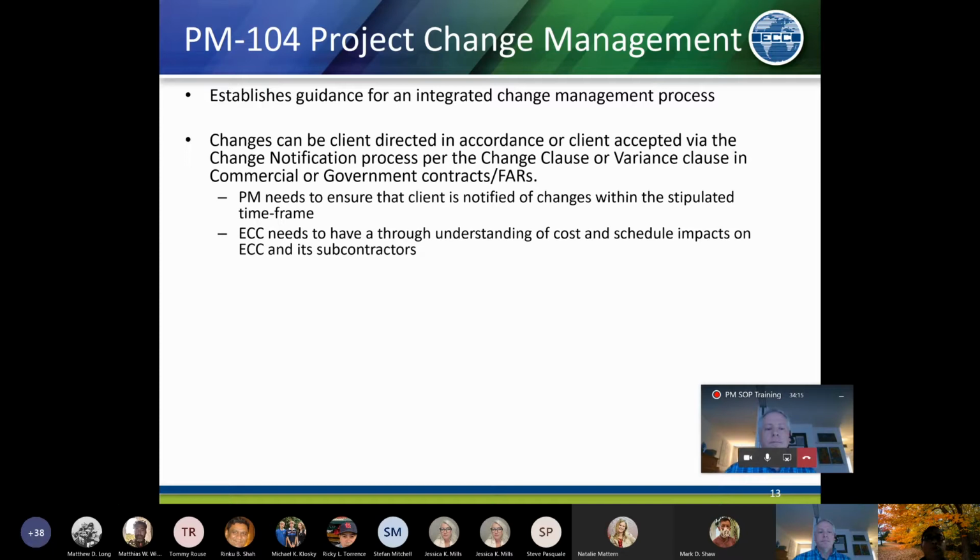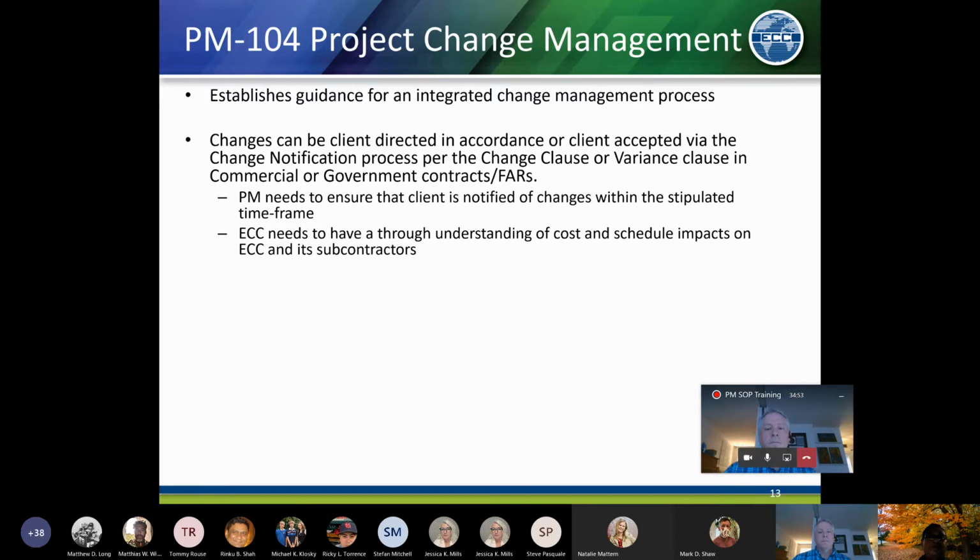And there can be two kinds of change management. The first kind comes in two parts. The first part is where the client tells you that they want something different from the baseline scope. So they direct you, you provide what your impacts are, and they issue a change order. The second part might be that we tell the client that there is something here that is different from the baseline conditions, and this warrants a change, and the client agrees. Then together we prepare a change order request, and the client issues us a mod